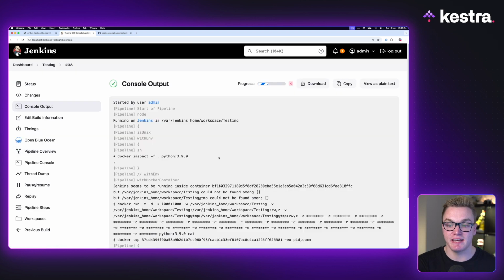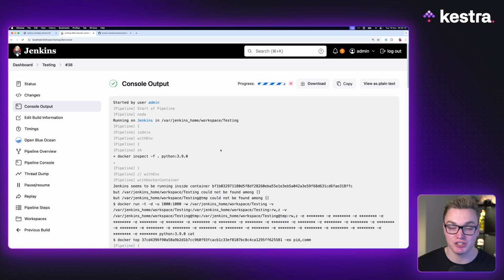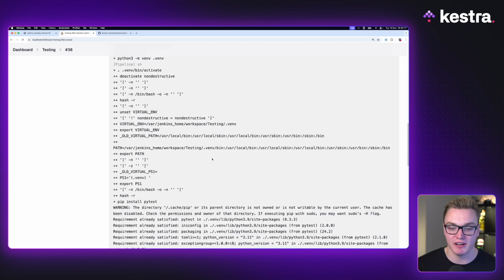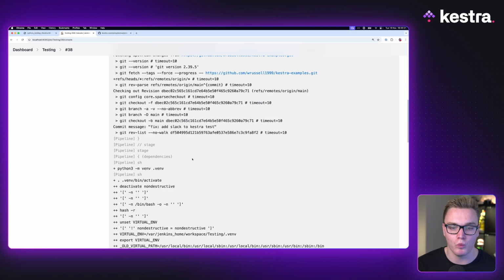And here we can see it is going to start to process. Now, I really like how when in Kestra I press execute, it immediately pulls me into an execution page where I can see all of the details and I get a nice Gantt chart that helps me visualize at what stage we're at. Here, I find it much harder to visualize at what stage we're at and what's happened so